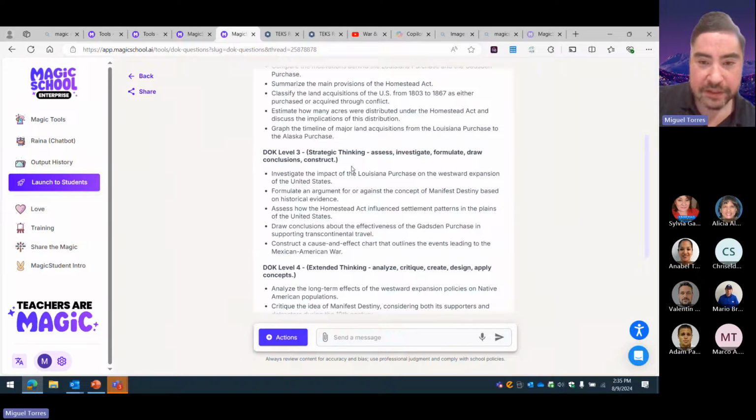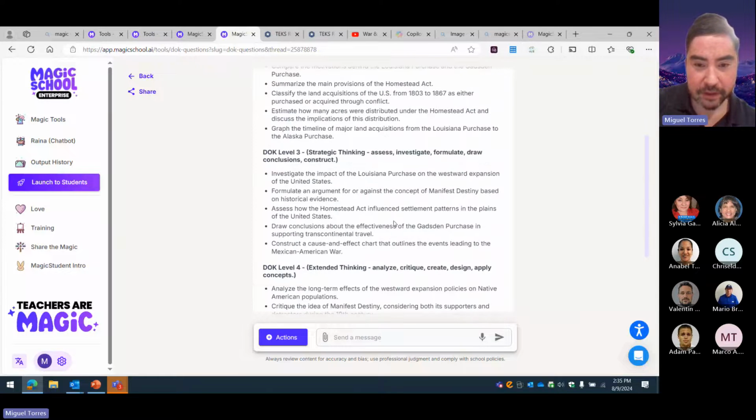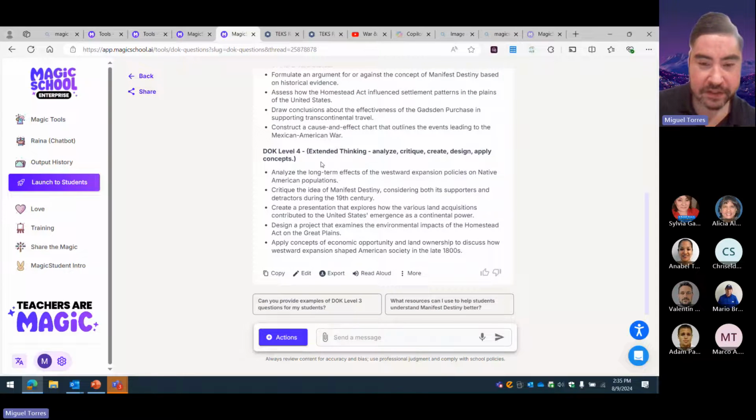Level 3: let's assess, let's investigate, let's formulate. Maybe if it takes more than one class period, do it the next time. You can say, hey guys, we already learned how to recall. We know how to classify and compare and contrast. Now let's assess. And when you're finishing, whether it's the same lesson on the same day or not, you want to make sure they at least hit that DOK level 4, especially for those extremely important tested subjects, because that's the verbiage being used on our new exams. Where it says analyze, critique, create, design, apply.